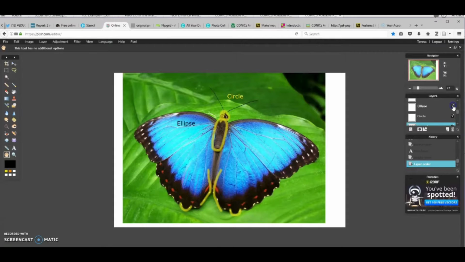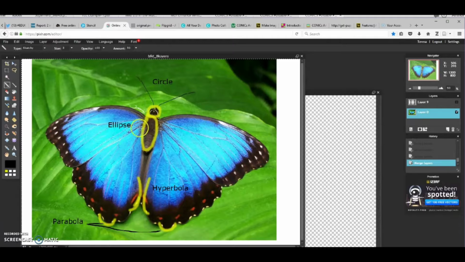an ellipse, 2 parabolas, and a hyperbola in this drawing. Once you've highlighted your conic sections that you want to use from the drawing, then you want to go to